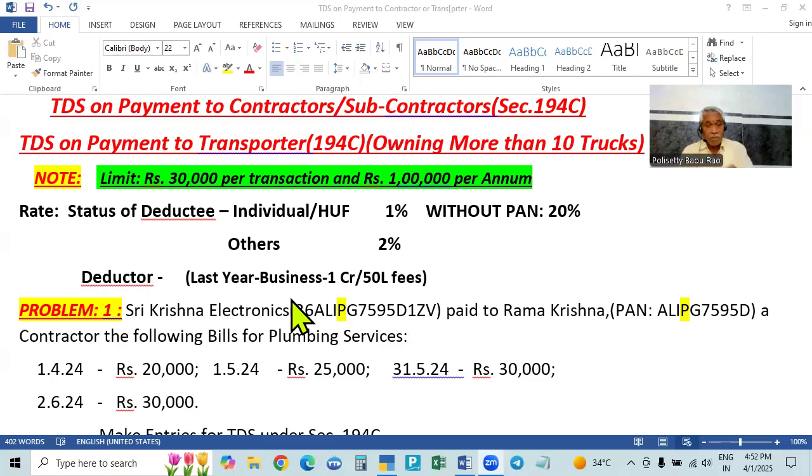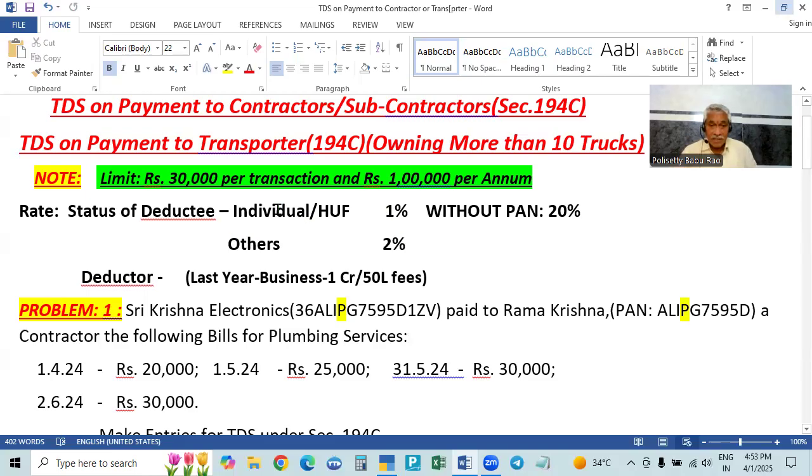And the amount will be deducted depending on the type of the deductee. Out of these individuals and different types of persons, depending on the type of the deductee, the percentage is fixed. If the deductee is an individual or HUF, then 1% is to be deducted on the taxable value only. If there is GST, TDS should not be deducted on the GST, because GST is payable to government. When you are paying tax to government, again on the tax you cannot deduct and pay to government. So it's not correct. That is why it should be deducted only on the taxable value.